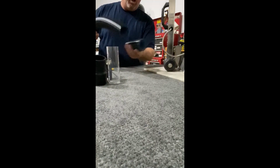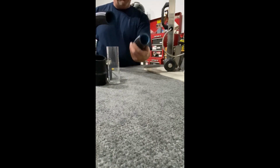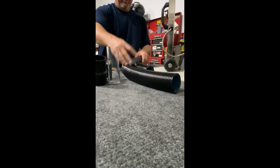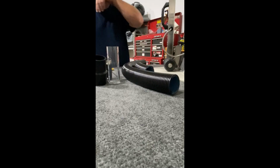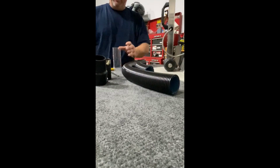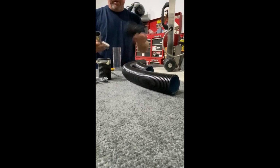Vacuum hose. This is just 2-inch vacuum hose. You can use your color, anything you want. This section here is 9 inches, and the longer section is 30 inches. Cut them to your desired length, and you don't have to really call in, and you're not out of business. We're gonna put the sight tube in, and the rest of the pieces that he was missing, the cuff,